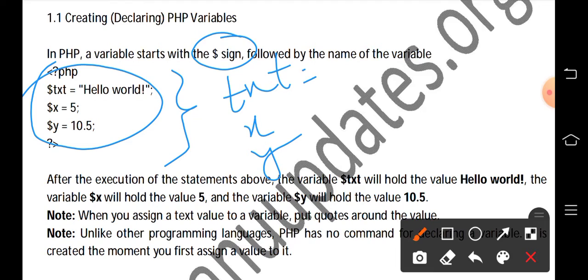The txt variable contains hello world, x contains 5, and y contains 10.5. Hello world is a character data type, which we refer to as a string data type, whereas 5 is an integer data type and 10.5 is a float data type.